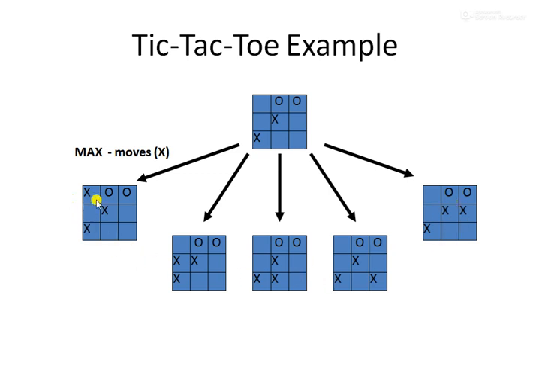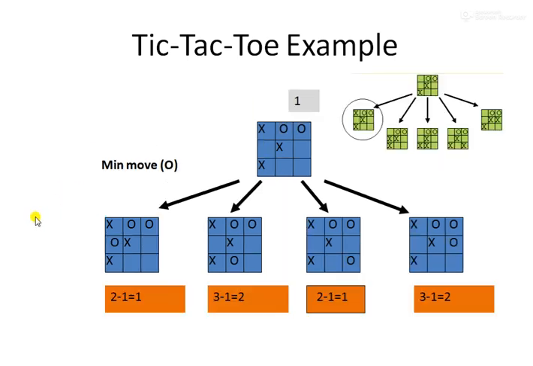For choosing any position, what max is going to do is go a little bit deeper. It tries to compute the evaluation, which will be backed up to max, and in that order max will choose the particular move. So let us compute the possible moves for min here, because max is going to compute some evaluation. For getting the evaluation, it is going to generate the min moves also. So from this particular position, 4 moves are possible for min, right?